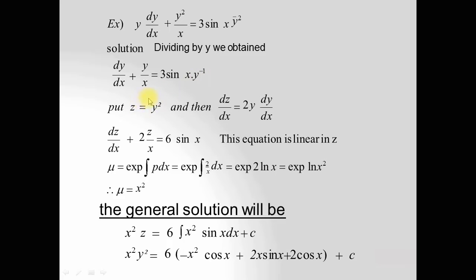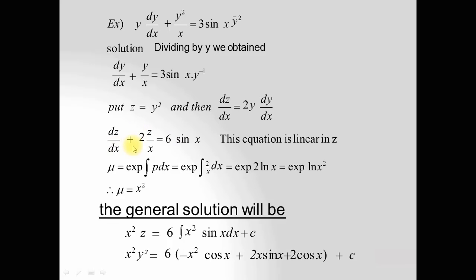Now using a substitution, for example z is equal to y square, and then taking the derivative with respect to x, dz by dx is equal to, using the power rule, 2y into dy by dx. Find the value of dy by dx from this expression, and then putting it in this equation we have dz by dx plus 2 into z by x is equal to 6 sine x, and this is the linear equation